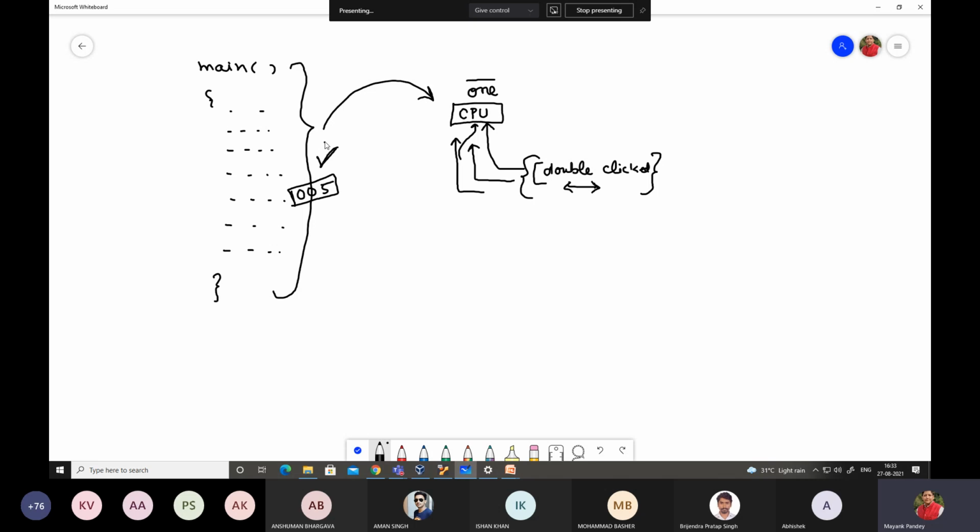So obviously this program, suppose we say this program P1, has to leave the CPU. Now the CPU somehow has to have knowledge